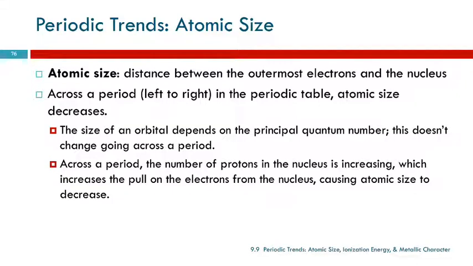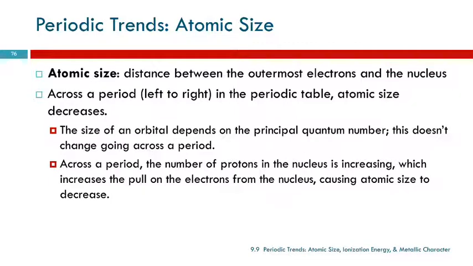So there are some periodic trends besides valence electrons. And so we're going to talk about a couple of those. One is atomic size, the size of the atom. We can predict relative sizes just by position on the periodic table. So we can think of atomic size as being the distance between the outermost electrons and the nucleus, sort of